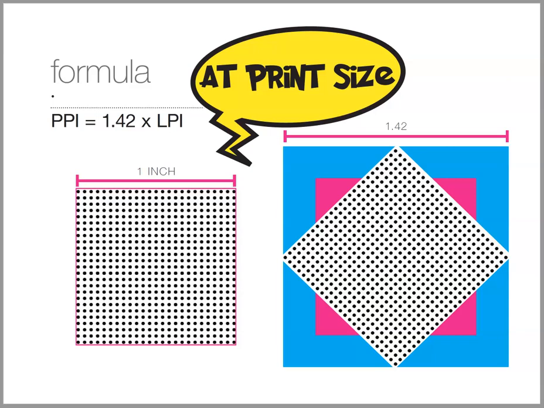Well, the number came from printers who often say, if you give me 2 times the line screen I'm going to print, then I have the resolution I need. 2 times 150 equals 300, and 150 used to be a high-end line screen. That's where that whole myth came from. The reality is you only need a 1-to-1 ratio. If your data is good in your image, you only need to have the 1-to-1. However,